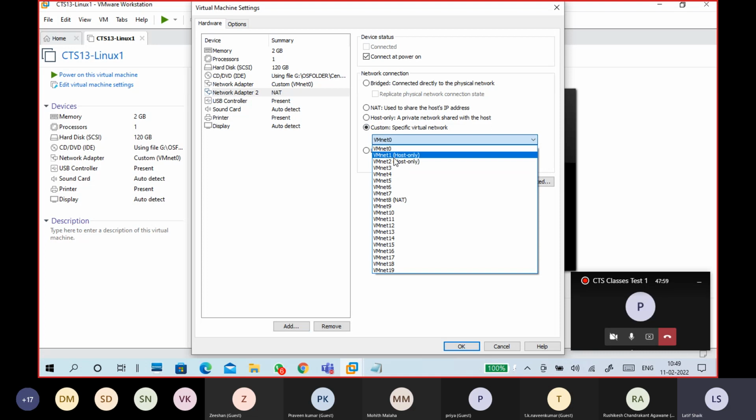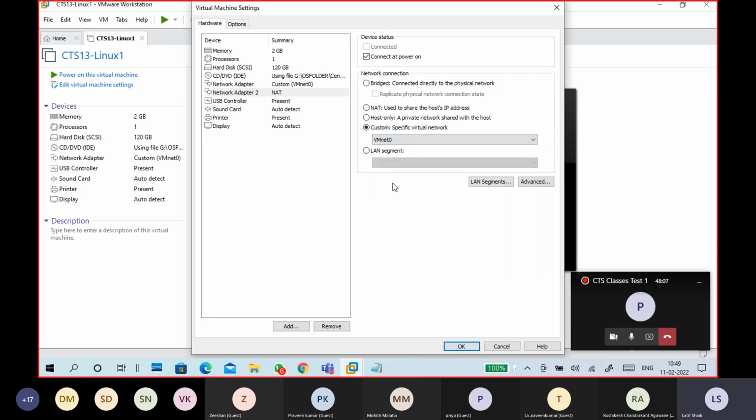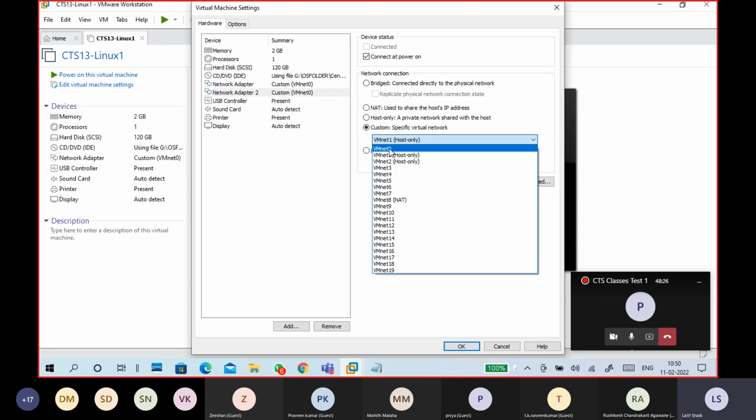Okay, so totally static type, or you want a totally dynamic type. Anything you want. Yeah, I will put VMnet 0. No problem, don't get confused. Two adapters. One is VMnet 0, and the second adapter is also VMnet 0 only. Otherwise, you can put VMnet 1 also. If you want a local VMnet 1, you can do it.